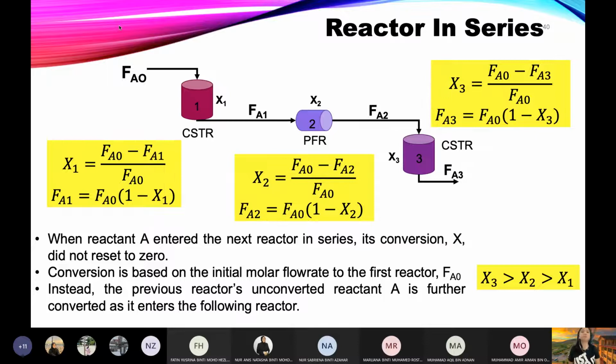Okay, so yang keluar tadi daripada reaktor pertama 50 mol per saat kan. So this 50 mol per saat akan masuk kepada reaktor yang kedua. Katakan dalam reaktor kedua ni, from the 50 mol per second, dia further convert, so the one that exits the second reactor, let's say sekarang 25 mol per second. So reaktor kedua yang masuk 50, keluar reaktor kedua jadi 25.